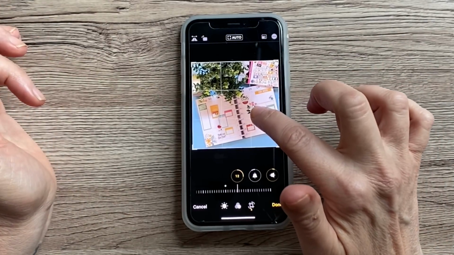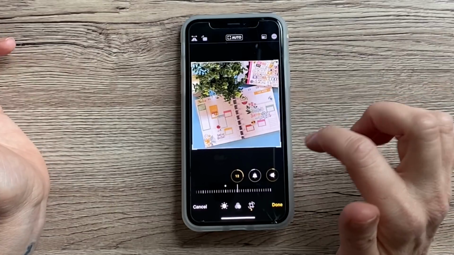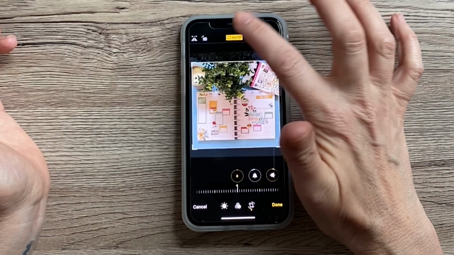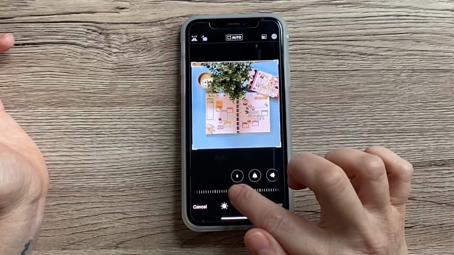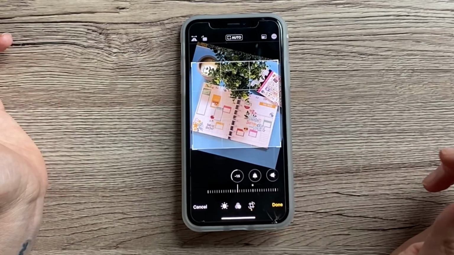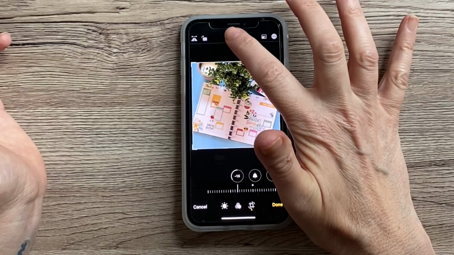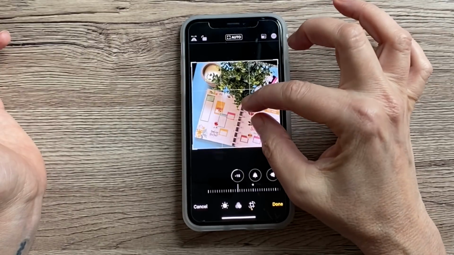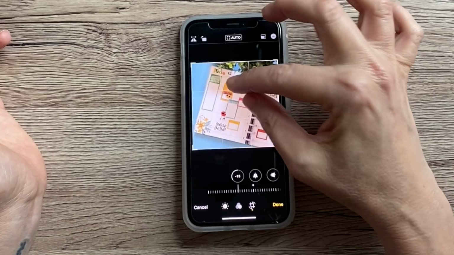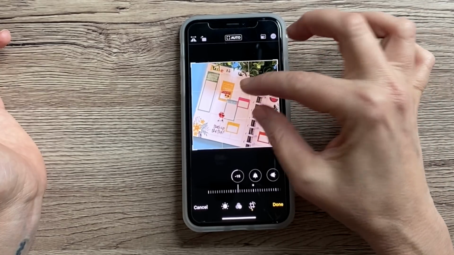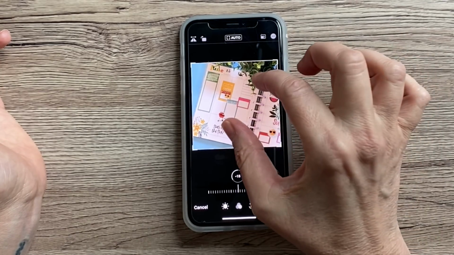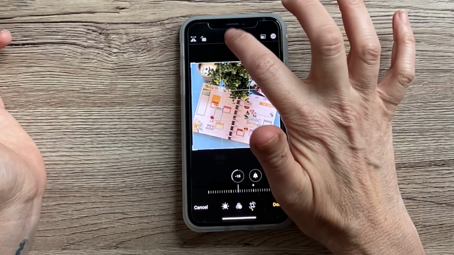So I can do this. I can move this around. That looks pretty good, but I don't think I want that. So let me go back here and then try it on this side. Also cute, but I don't think I want that. And you can zoom in if you're too far away. Say you only want to put a part of your planner on there, you could do that. Sometimes they do that, it looks really cute. Anyway, I'm gonna go back